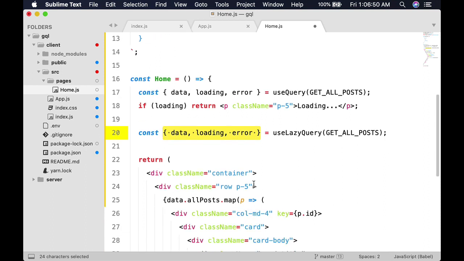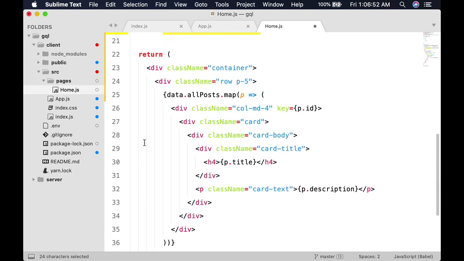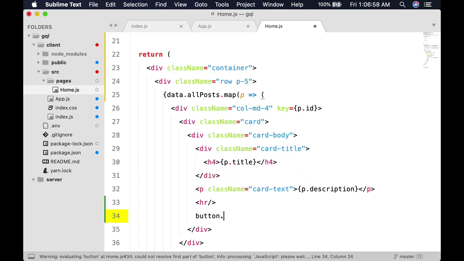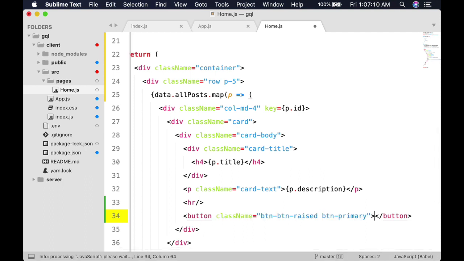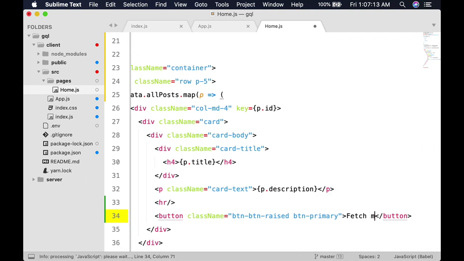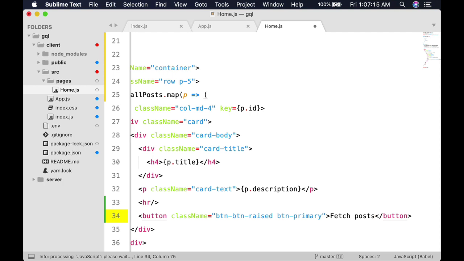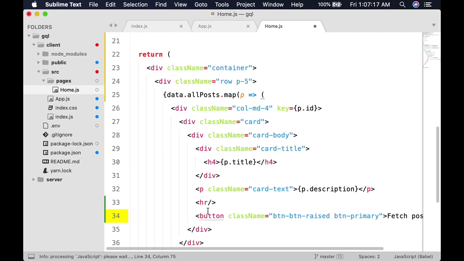when you have a button, let's actually write the button here. Okay, so let me have a horizontal line here, and button, class name button, button raised. Let's use some material style button, button primary. Okay, so let's say fetch post. I guess that's the name of the button. So on click,